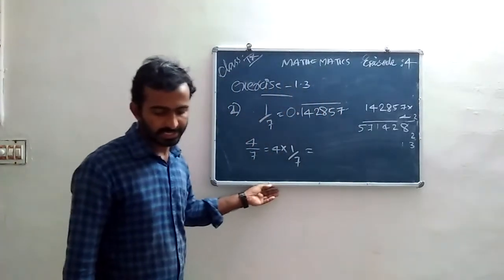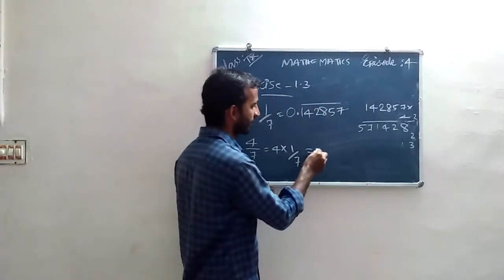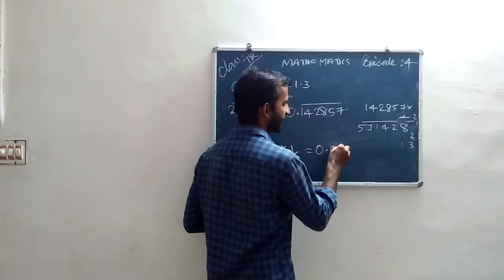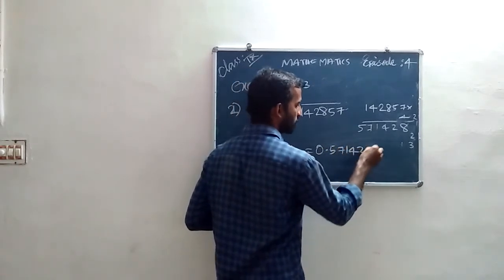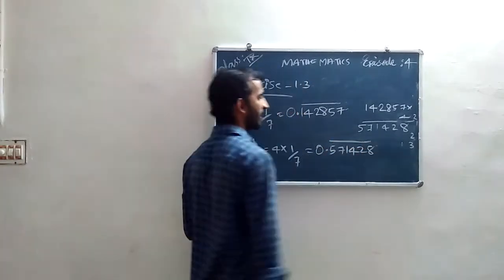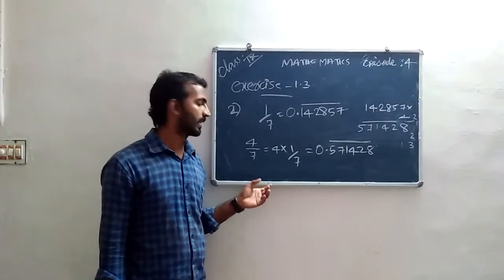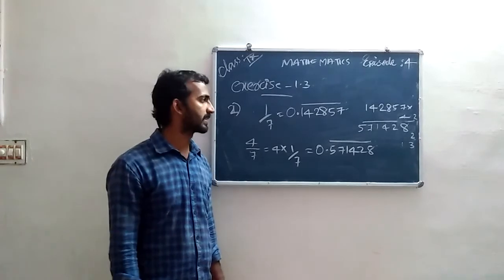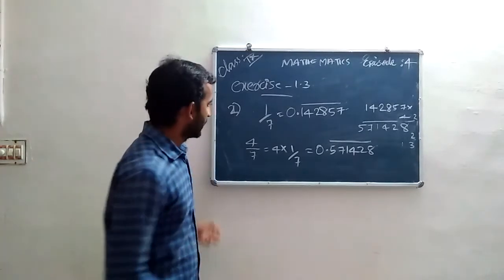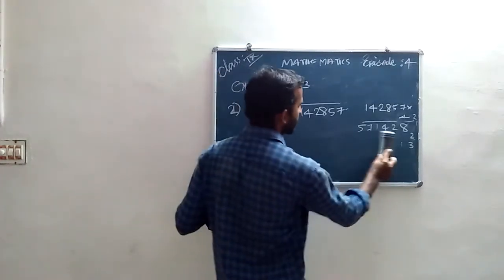That is, we get 0.571428. This is the answer for 4 by 7. And next is